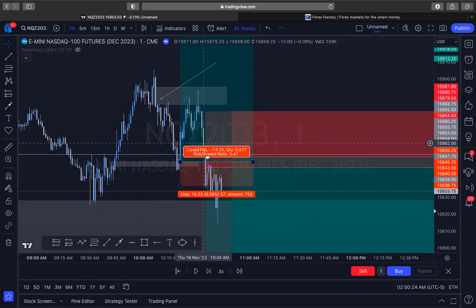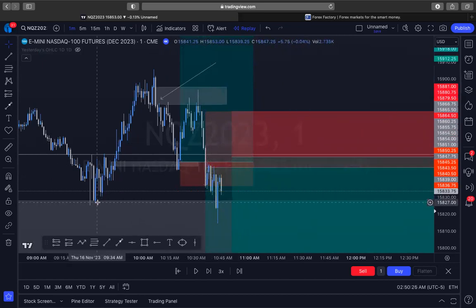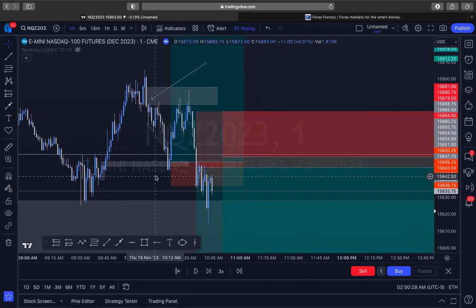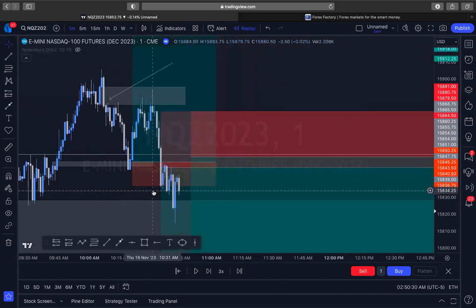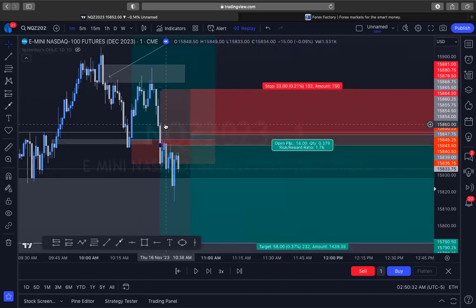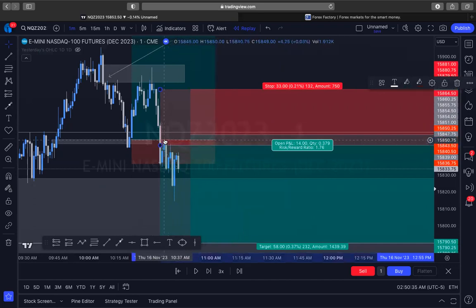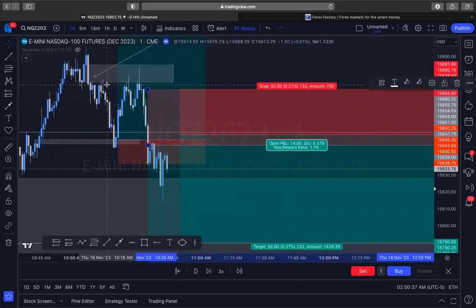So here, this would have been a perfect sell opportunity to target the lows down here because we were already in a higher time frame bearish market, right? So this was another entry that I saw here. I wanted to see this play out as a breaker, right?